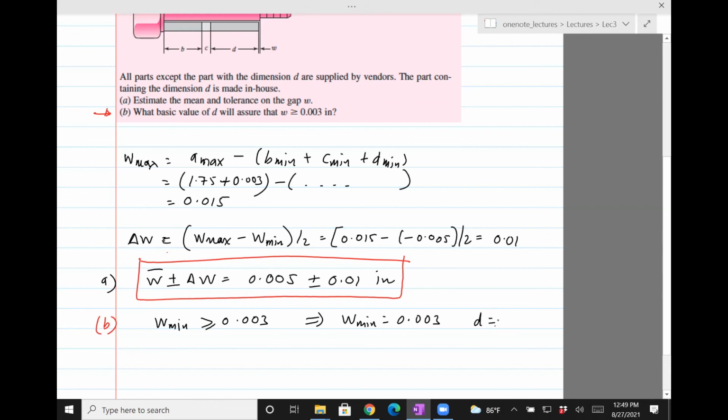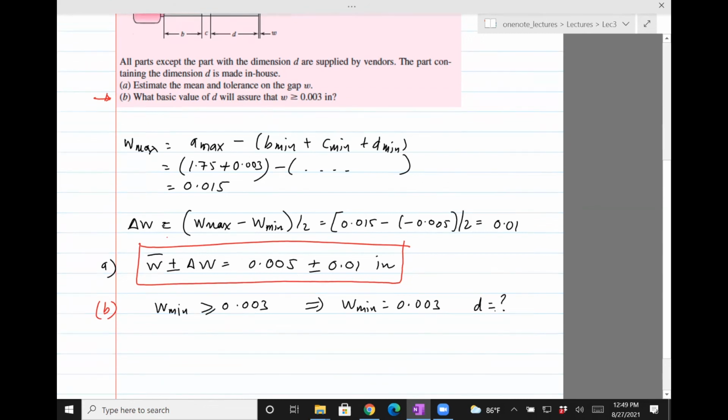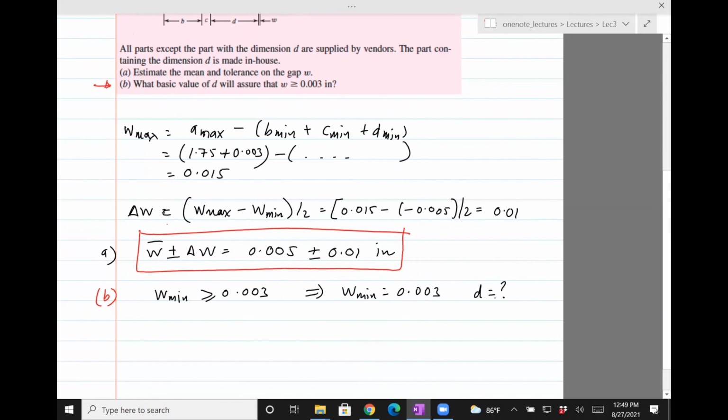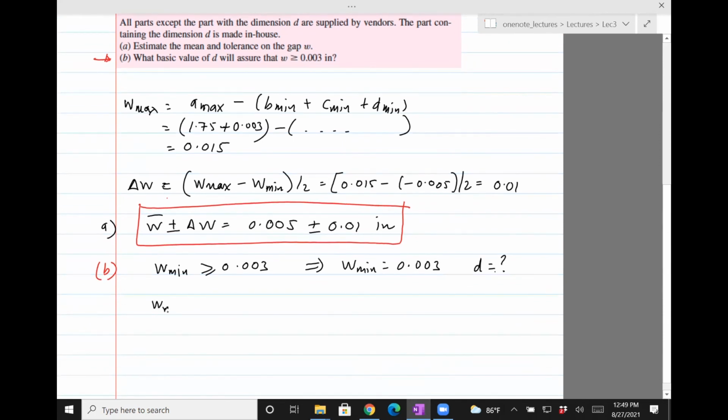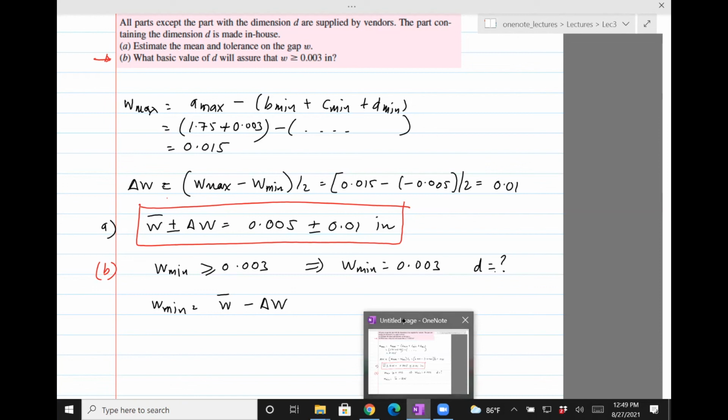And once we have done that, it will always satisfy the condition that W minimum is always 0.003, or it could be more. It cannot be less than that. So we know that W min is the nominal minus the tolerance, right? If you wanted the positive limit, the max, then you would